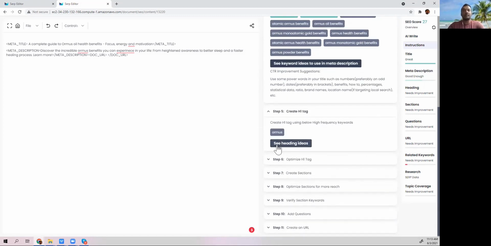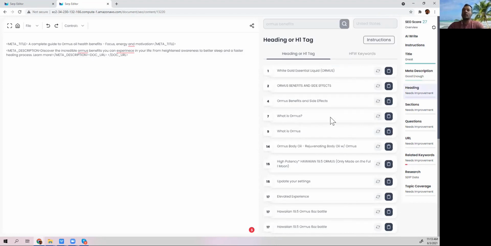So our H1 tag, pretty much the same, right? So you can go and click this. What most people do is that they use the exact same version of the meta title in their H1 tag. So understand, Google loves hierarchy. So having an H1 is one of the best practices, but you can also have a slightly different variation of your H1 tag to target other keywords if you wanted to. Make it very slight so it's not offbeat and it doesn't look like two totally separate sentences. The point is to create two similar sentences with the potential of targeting different keywords. And it's okay if you don't want to do it, but it's a good practice to do it. So let's go ahead and see this. And since we're using Ormus, it's going to give us full points over here.